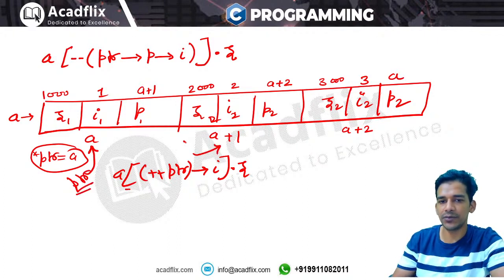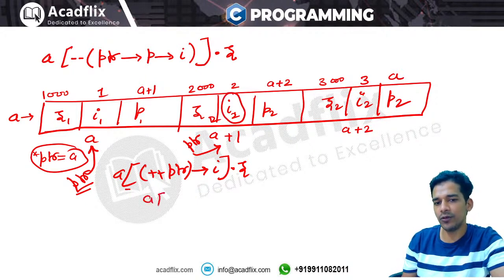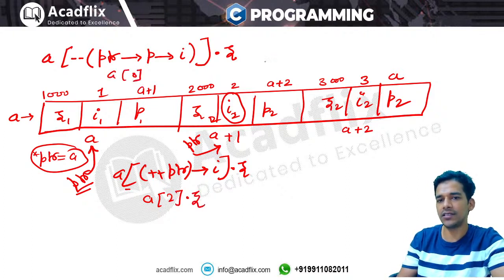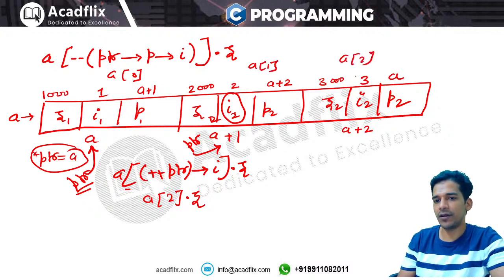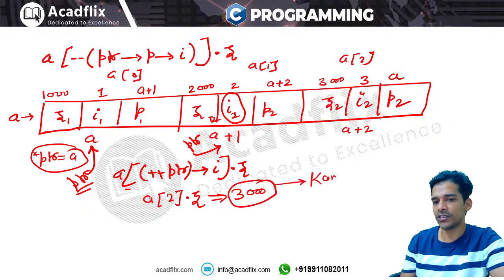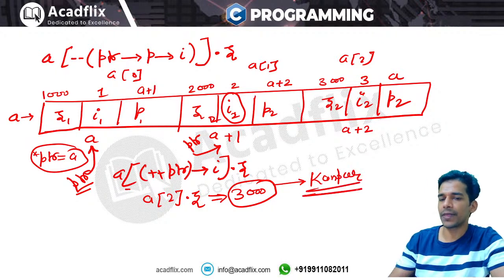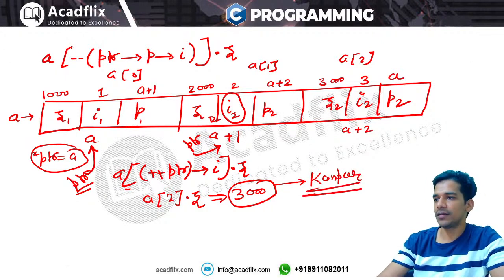Now ptr is pointing to this particular structure. ओके, तो आपने कहा ptr जिसको भी पॉइंट कर रहा है उसके i वाले पार्ट पर जाओ. उसका i वाला पार्ट क्या है? 2 है. उसके i वाले पार्ट के अंदर वैल्यू है 2. तो ये बन गया a2 .z. ओके, और a2 क्या है? We know that this is a0 and this is a1 and this is a2. तो आपका ये है a2. So go to the z part of a2. So a2 is this and the z part of a2 is having the value 3000. So 3000 address will be passed to the printf statement and the printf statement will print the Kanpur string. Kanpur is stored at the location 3000. Right? That is how it is working.